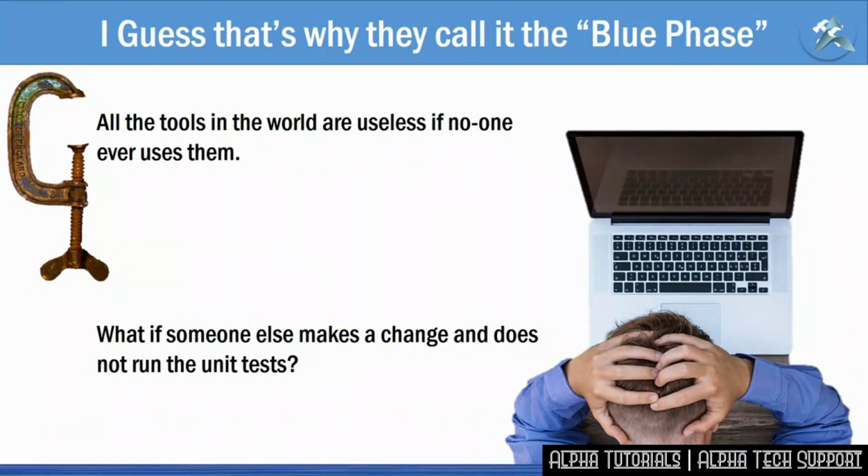The ABAP unit regression tests can tell you if the latest change that you just made has broken anything, and the ATC can tell you if there's low-level errors in the code. That's a dynamic check and a static check. But neither of those tools are much use if no one ever runs them. Let's just say, for example, you created the most fantastic program ever written in the universe, which is 100% covered by unit tests. So in theory, it can never break.